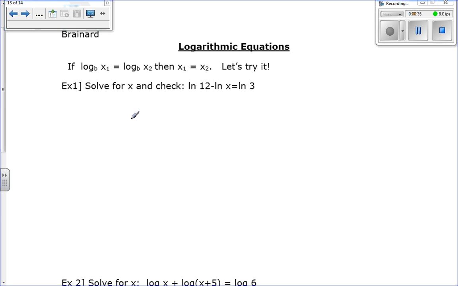So for example number 1, solve for x and check. Let's see, we have the natural log of 12 minus the natural log of x equals the natural log of 3. There are 2 ways that we can actually solve this problem. So method 1,